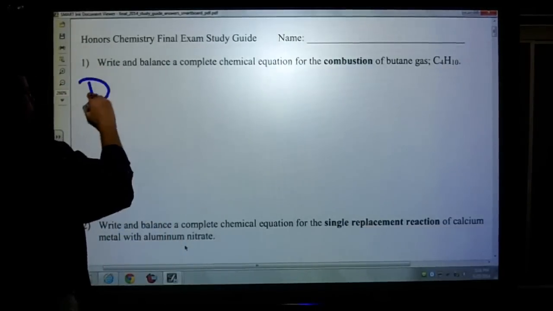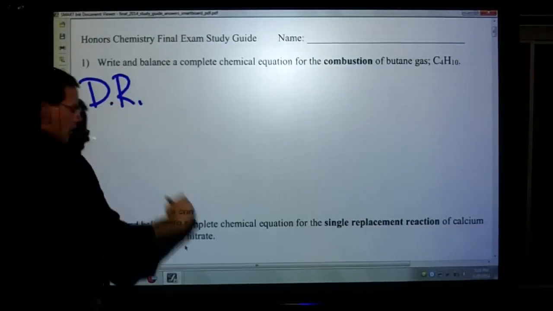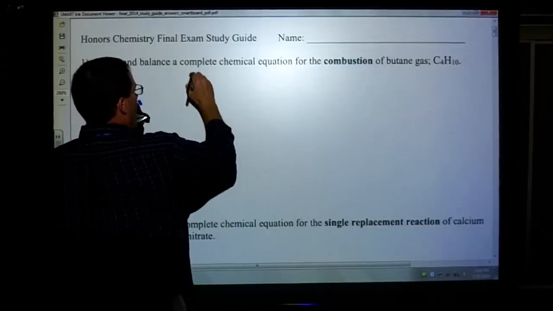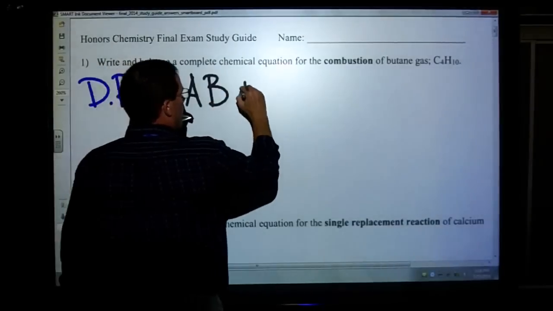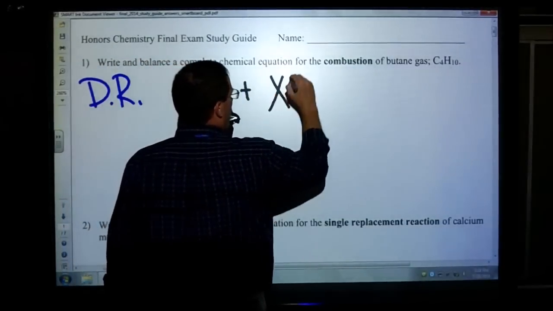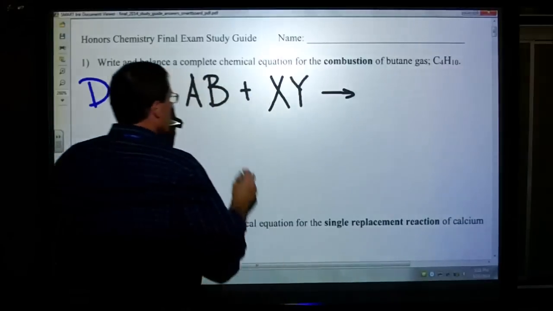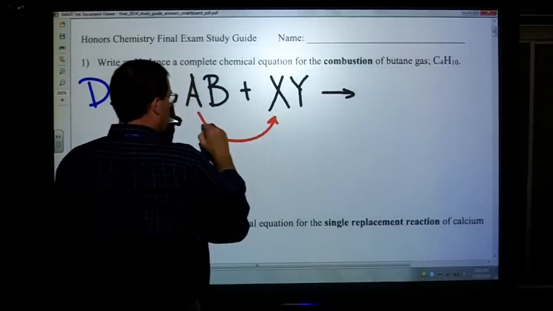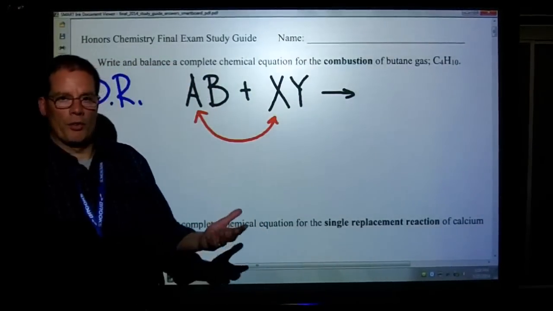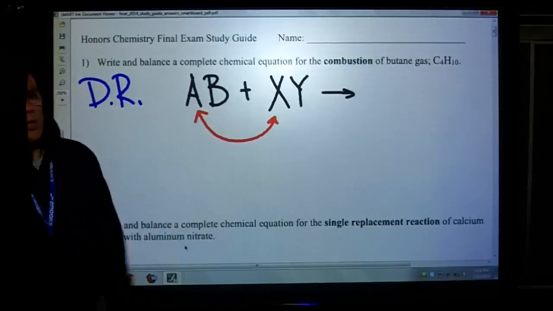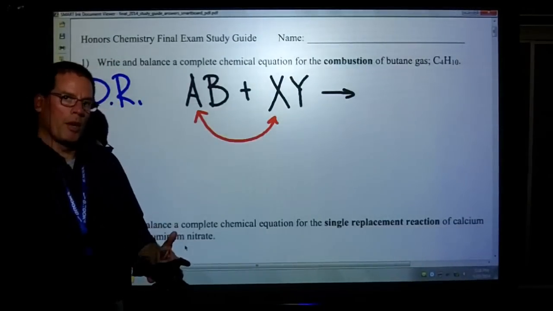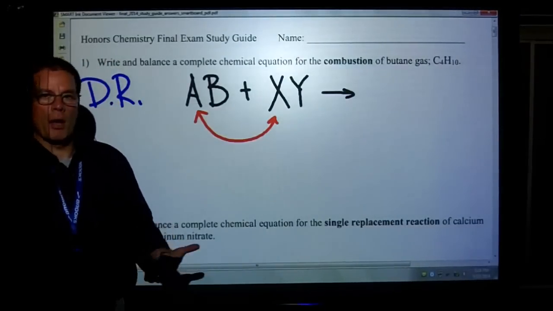So a double replacement reaction has this generic equation where we have A, B reacting with, we'll say, X and Y. So what's going to happen here is the metals will switch. In other words, this is our swingers reaction. Partners are going to switch. The reaction will take place, but then we have to go to a chart or a table and look at